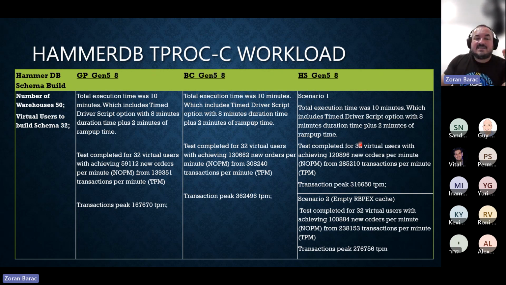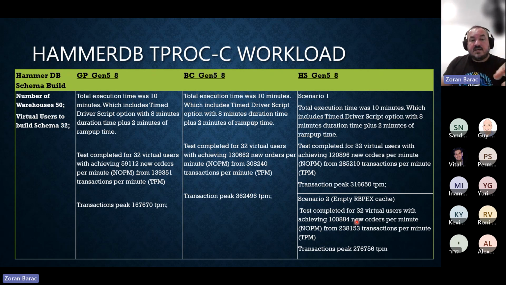Please understand that in this first scenario I had results which are better than the business critical, but I didn't want to be misleading. When I did 10, 20 tests or 100 tests, whatever number, I took a result a little bit below average for hyperscale, because I had different things happening on the server. Those tests are sometimes a bit slower, sometimes a bit faster. I just wanted to give you a below average example, and it's almost exactly, or at least we can say close. I can guarantee that if you understand your workload and the pattern of usage, it's going to accomplish the same results as going with the business critical.